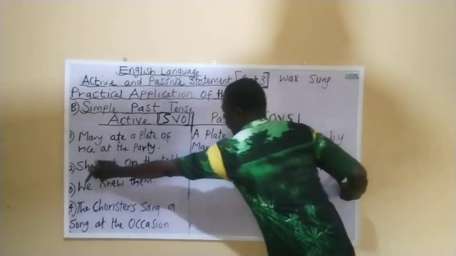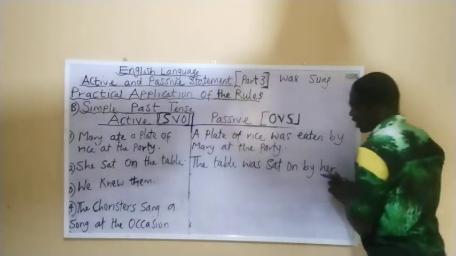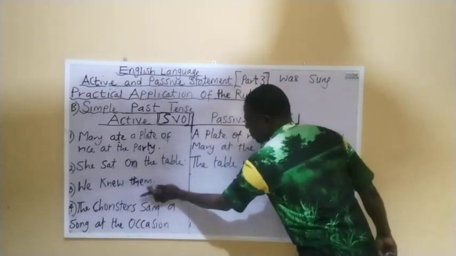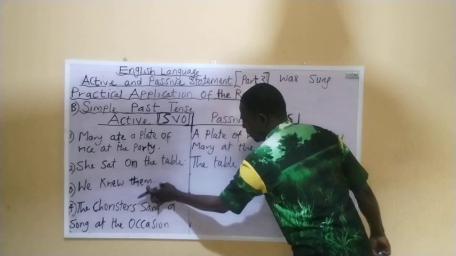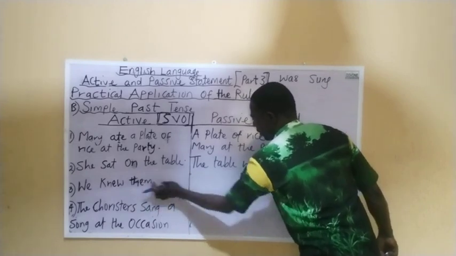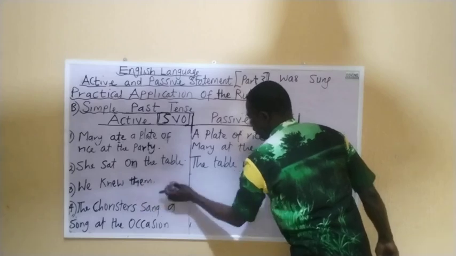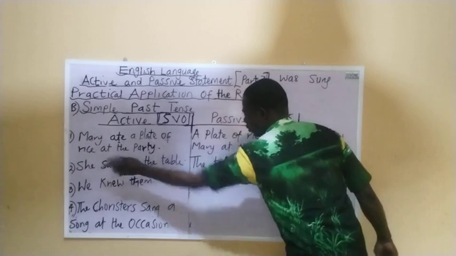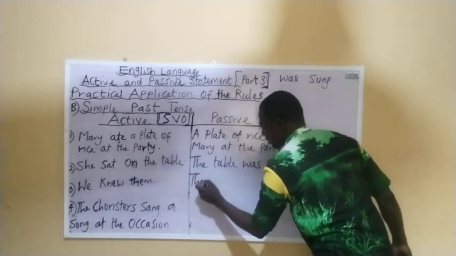Objective pronoun. Subjective pronoun she, objective pronoun her. We knew them. Then them here, we begin with them. And them is an objective pronoun here. So when converting to passive, them will now have to become what? Subjective. So now they,